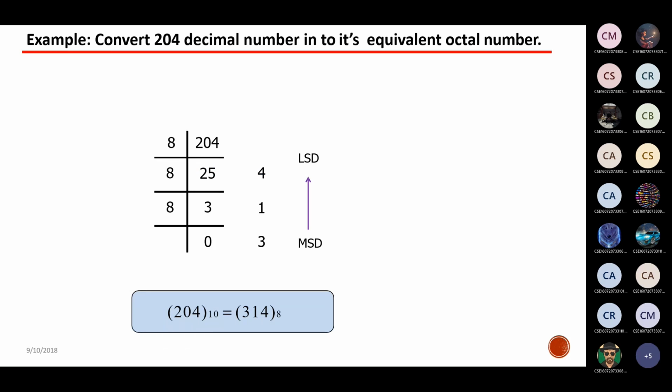And here, can anyone tell me what is MSD? Till now, I think you have heard about MSB only and LSB. What is LSD and MSD? Digit: most significant digit and least significant digit. So this is digit, whereas here it is bit, most significant bit. In terms of binary, we need to call it bit, or else it will be digit, most significant digit.